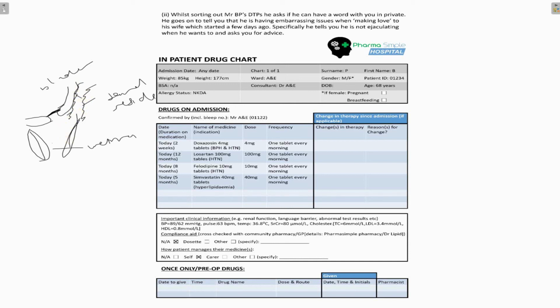Now, if you use an alpha blocker, or it's disrupted, say we're relaxing the bladder to allow urine flow, then this is going to be relaxed. The muscles aren't going to be close together. So what that means is the semen can actually go into the bladder. So that's the path that's least resistant. So what that means is the patient's going to get retrograde ejaculation, where the semen enters the bladder instead of